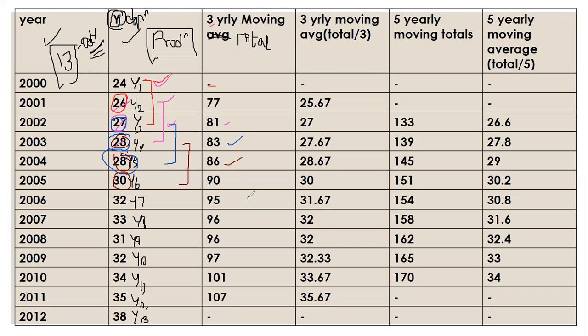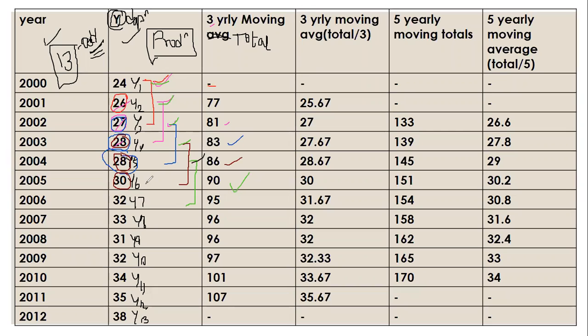Now, from where do I start the next total? Next three numbers, from where should I start? We started from y1, then y2 is over, y3 is over, y4 is over. Now, the next number should be from 28, y5. So, y5, y6 and y7. And then the total will be 90. And then I start from, again,